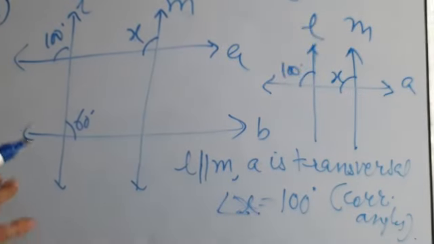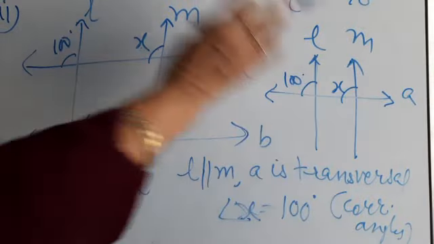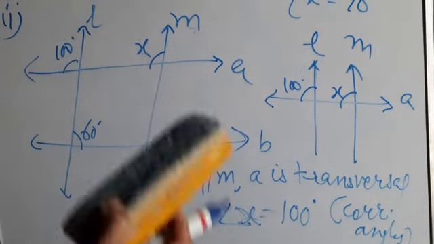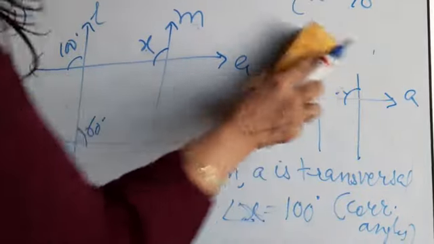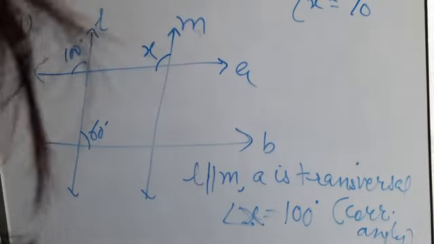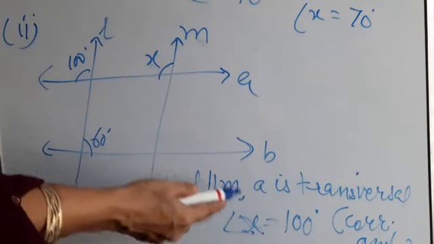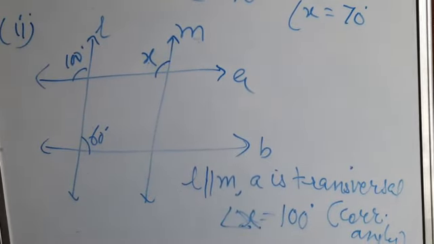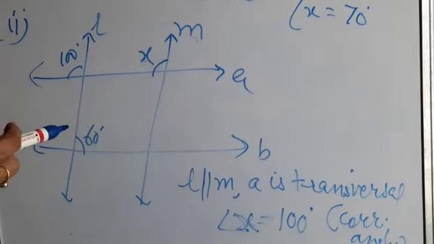This only we have to find out in this question. No need to draw this. I have drawn it only to explain to you. Otherwise you need not draw it. You just see this figure and write down these two lines only. This is the solution of question number 4, second part.